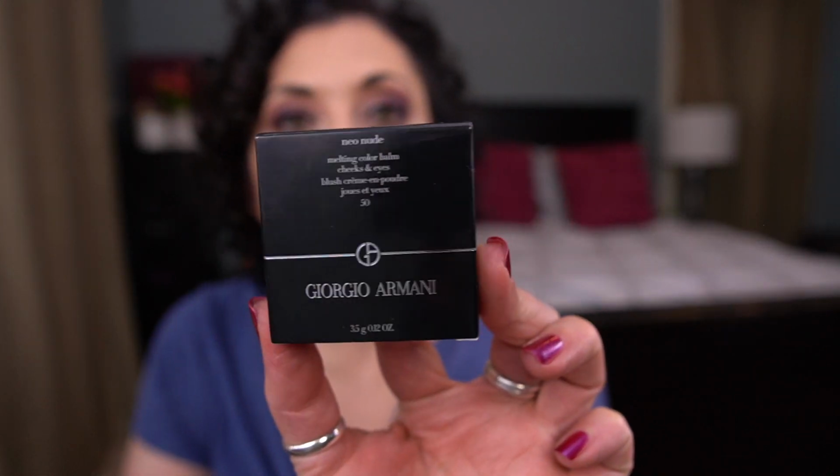And then during the fall VIB sale, it was sold out everywhere. It is still sold out. But I was able to get it in one of my local Sephoras. I had to drive a little ways, but finally was able to get it. It's by Giorgio Armani. It's the Neo Nude Melting Color Balm Cheeks and Eyes Blush in the shade 50, which